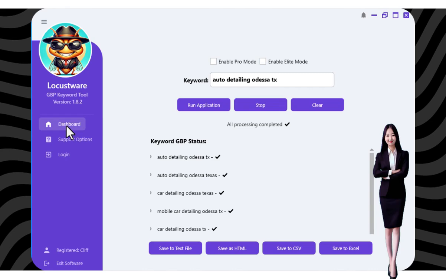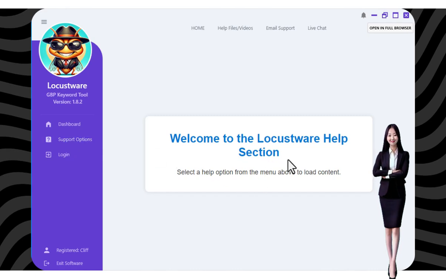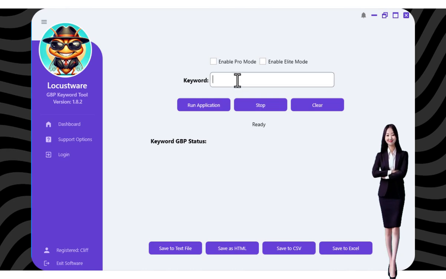We've got our dashboard, which is the main program. We've got our support options, which if you click on that, you'll see some links up here. You can go to live chat, email support, or help files and videos. Here we are. Let's run this again, because I want to show you how quickly we're able